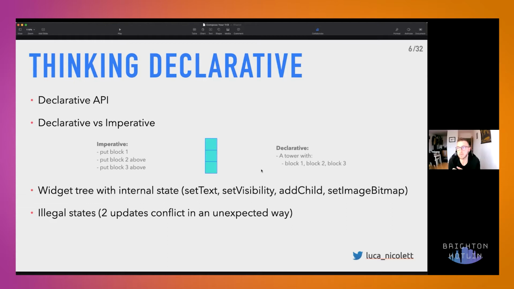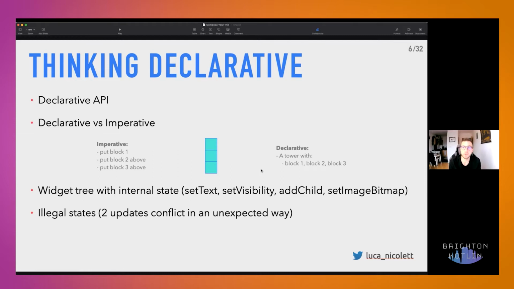If you think of a simple layout that has, say, a tower of 3 blocks, the imperative way requires you to lay down each block after the other, whereas a declarative way allows us to define a column or a tower with the 3 blocks. And as you can see from the slide as well, it's way leaner and cleaner how you actually define what you're willing to achieve.